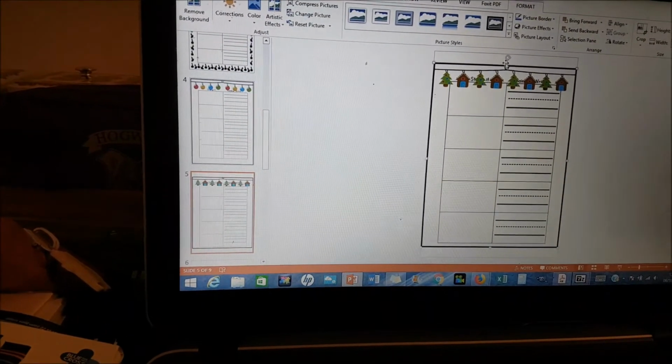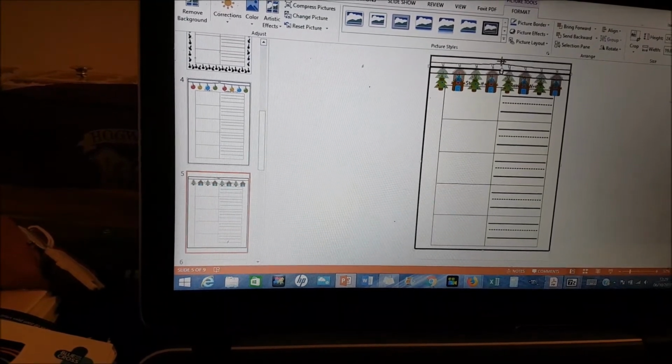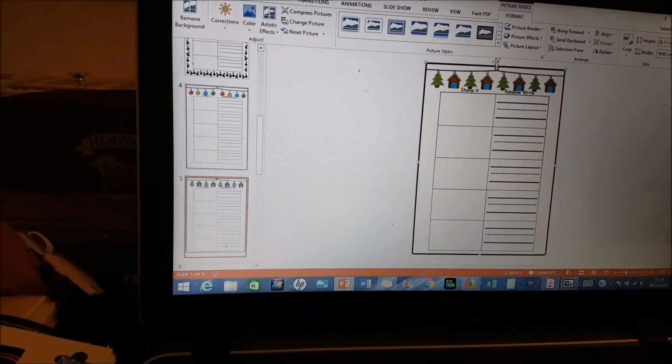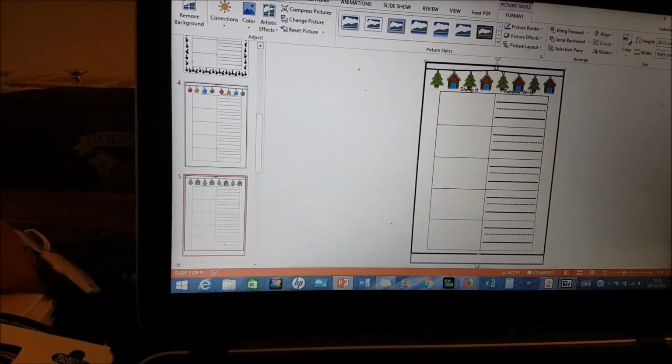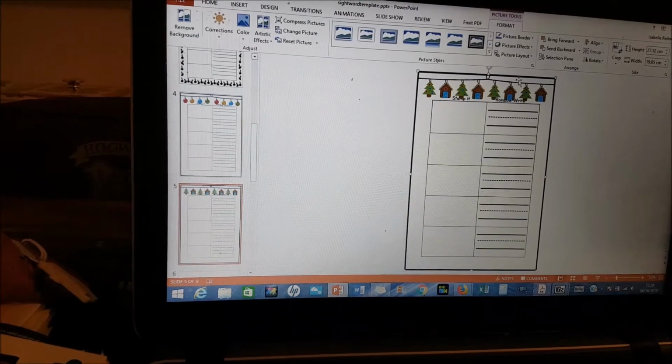Ooh, little gingerbread houses and little Christmas trees. They're pretty cute, aren't they? And that's not interfering with anything. No, that's a good fit. So, oh, it is actually a little bit, so let's just adjust that. That looks better. And then let's have a look what else we've got